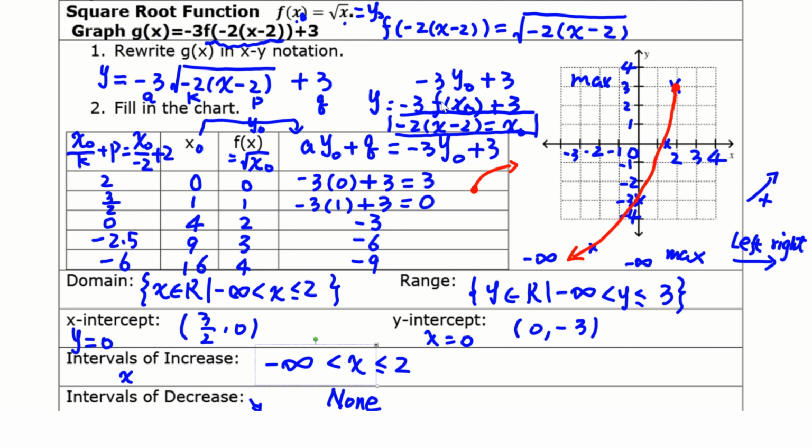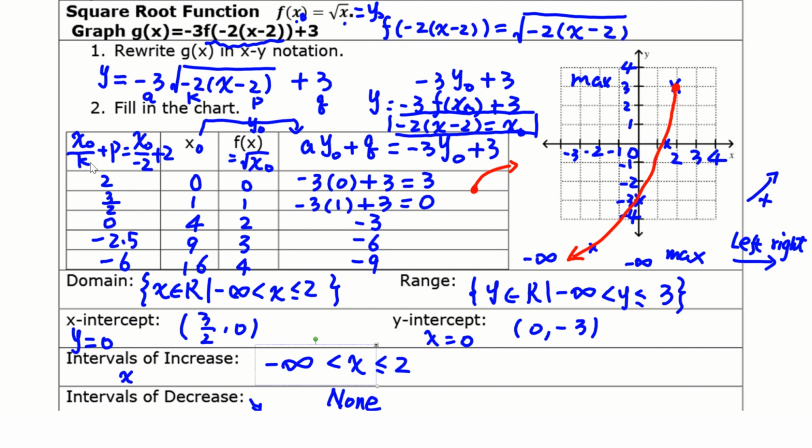And for the y, we just sub in f at 0 is y0, so negative 3 times y0 plus 3 is your new y value. So that is how you are going to have x0 over k plus p for your new x coordinate, a y0 plus q for your new y coordinate. And this method works for all